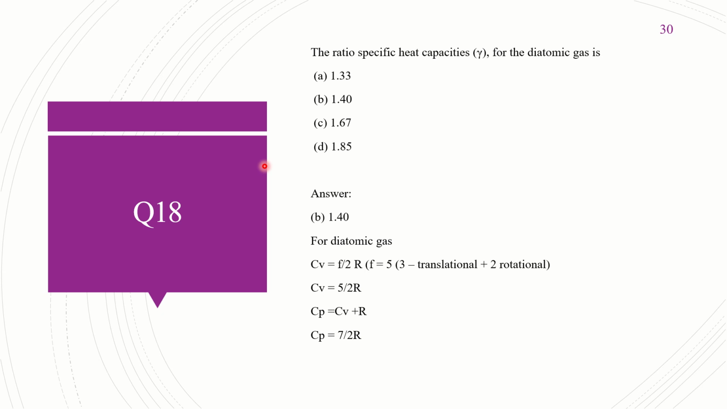In question 18, it is asked about the ratio of specific heat capacities for the diatomic gases. In the previous question we saw the monoatomic gas. Here it is asked about the diatomic gas. So what was the formula we saw? The ratio of specific heat capacity gamma is given by Cp by Cv, where Cp is nothing but the amount of heat required to raise the temperature of 1 mole of gas by 1 degree Celsius at a constant pressure, and Cv is nothing but the amount of heat required by the gas to raise its temperature by 1 degree Celsius